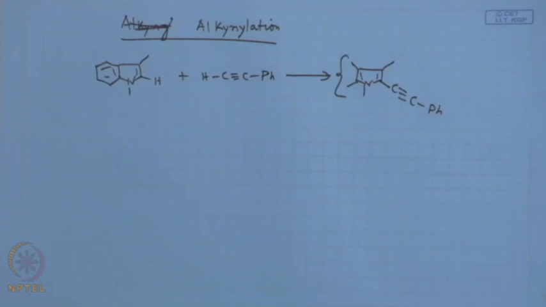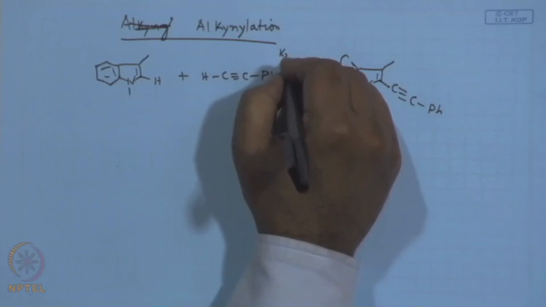What does it tell you? So, it is a substitute for Sonogashira reactions. You do not have to have a halogen. But you have to look for the right kind of combinations of the reagent. In this case, it is